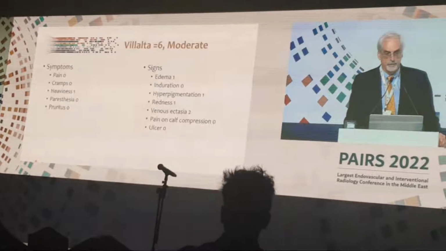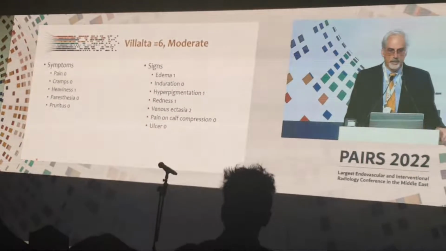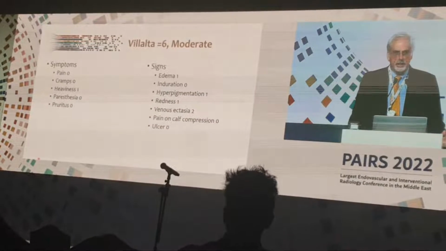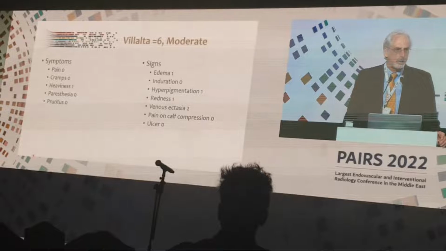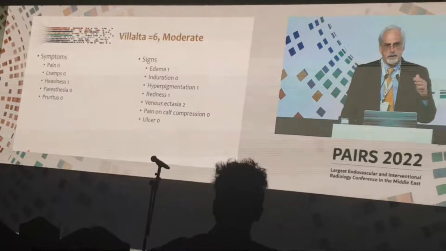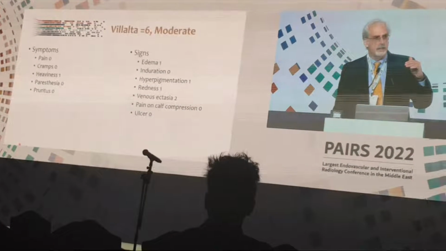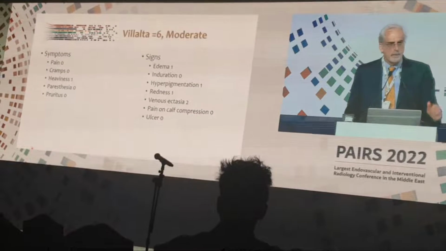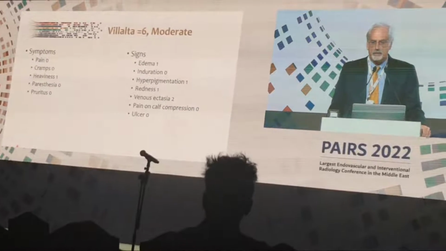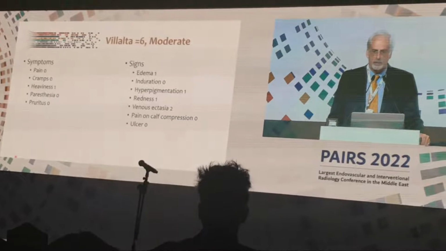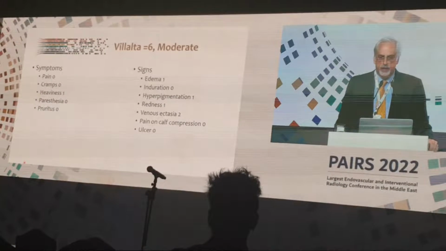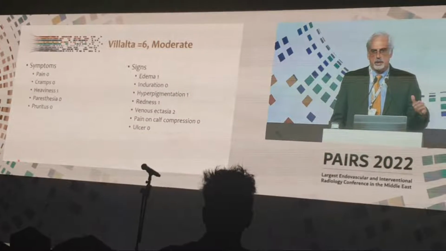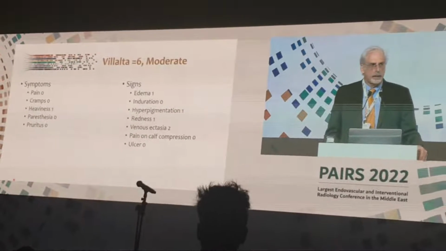These are the images. So if you score him, he really has no pain. He's not complaining of cramps. He gets heaviness after he's been out, but he will tell you, well, what do you mean? I mean, at a normal day, heaviness at the end of an extensive day. He likes to hike, so we sort of have to pick a score. There is some edema, some hyperpigmentation, some redness, and some venous ectasia. So he ends up with a moderate score of 6, which is really a pretty low score, but at least